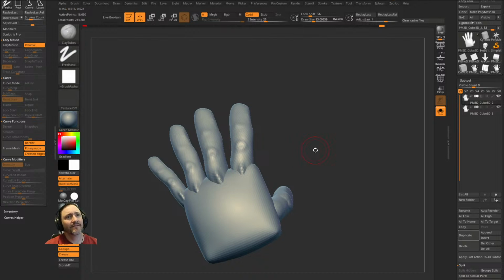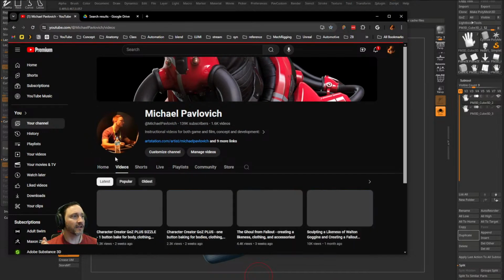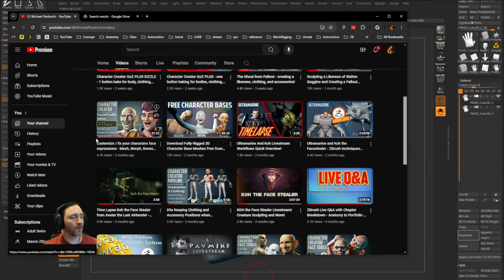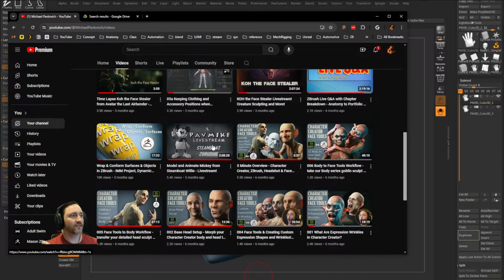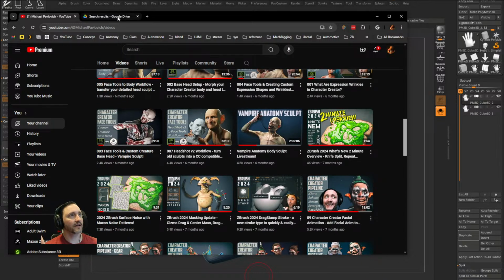How do I do that? Let me know. If I wanted to sculpt a bust using a Character Creator 4 base mesh, how do I do that? So, well, a bust is a little trickier. If we go in here to videos, if you don't want to download, you can use here's the free character base meshes. If you do want to do something a little fancier where you have a piece of the object,